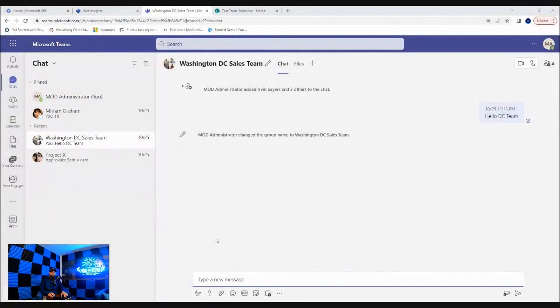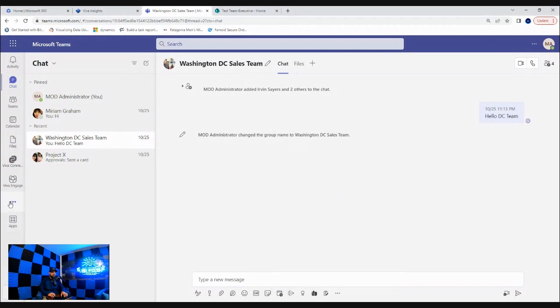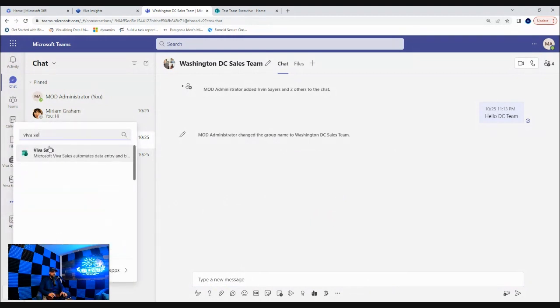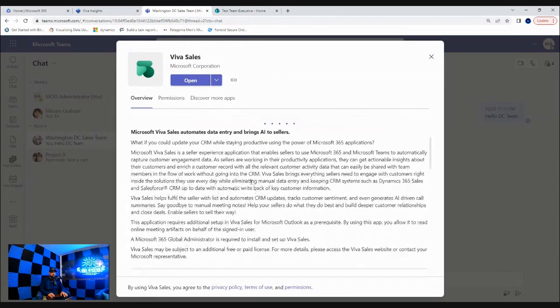Let's see if I have it here, Viva Sales. It looks like I can show you a little bit about Viva Sales. So in order to do this, let me do this really quick, and then we'll put a bow on this. But this is Viva Sales, and so here in Viva Sales, what I did was I went to these 3 dots. I searched for Viva Sales, and when I click Viva Sales, it's going to open up this Viva Sales